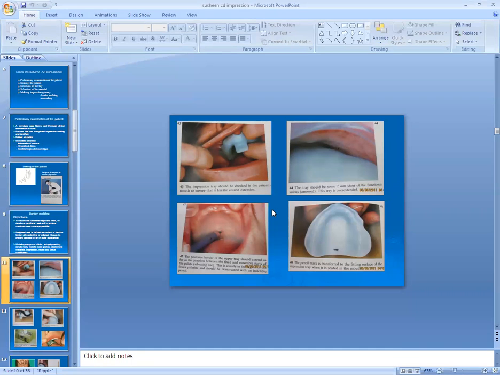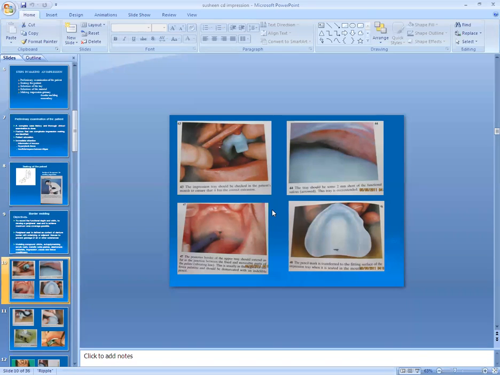Again, check in the mouth whether it is 2 millimeter short of the depth of the sulcus or not. And if it is not short, then you have to trim the special tray with your stone balls to make it 2 millimeter short. Okay.